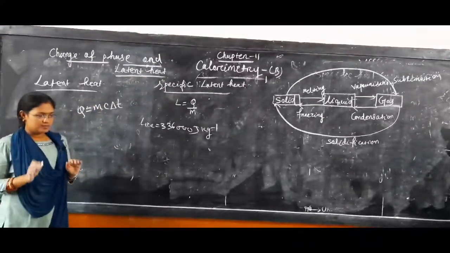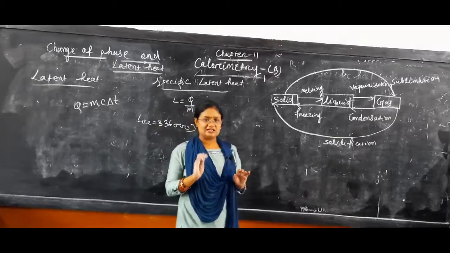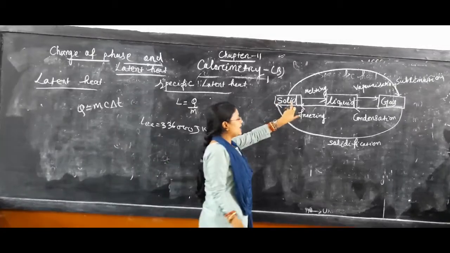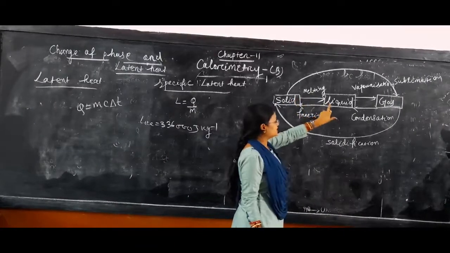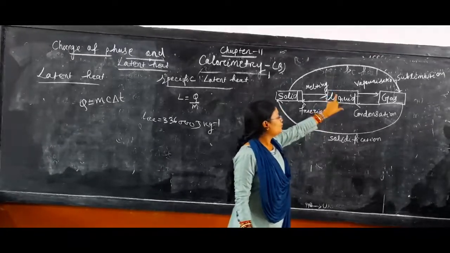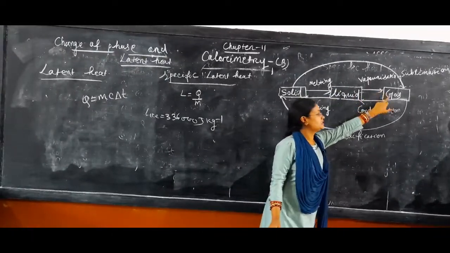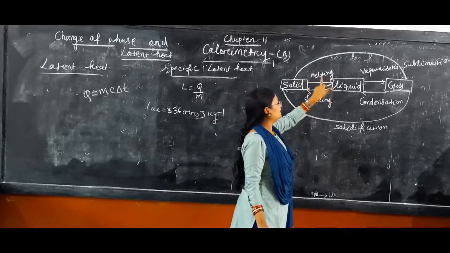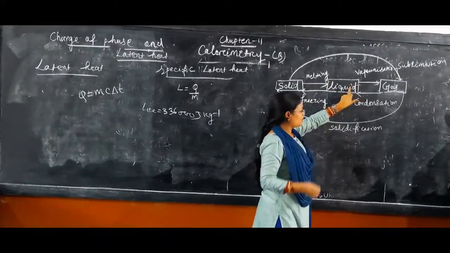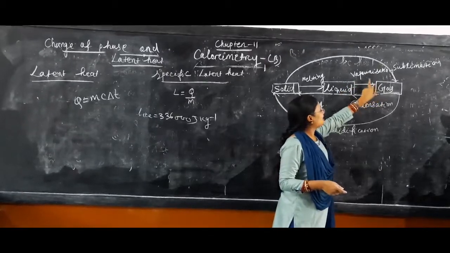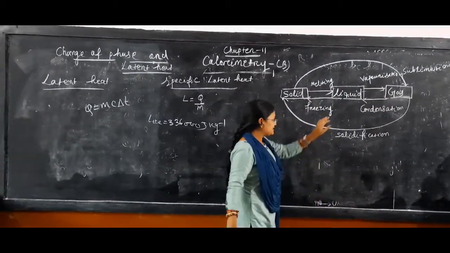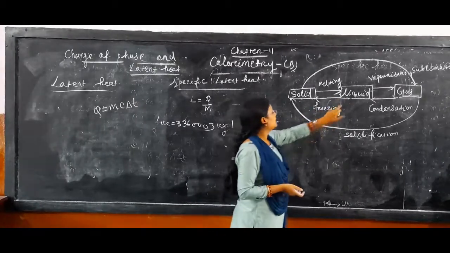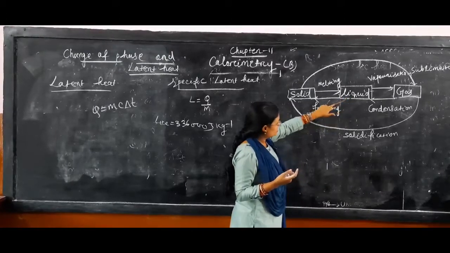So what is phase, how many phases are there? You know the solid phase, liquid phase and the gas phase. When the solid absorbs heat energy, then only it is converted to liquid. Similarly, when liquid absorbs heat energy, it changes to gaseous state. Solid changing to liquid is melting, and liquid absorbing heat energy and changing to gas is known as vaporization. Similarly, when liquid releases heat energy, then it changes to solid.